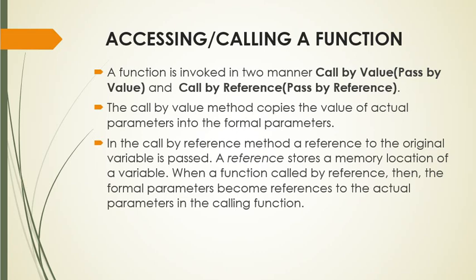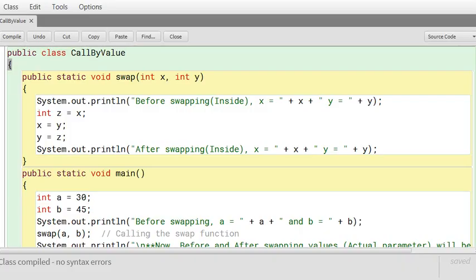The main benefit of the call by value method is that we cannot alter the variables that are used to call the function, because any change that occurs inside the function is on the function's copy of the argument value. The original copy of the argument value remains intact. Now let's see a working example.